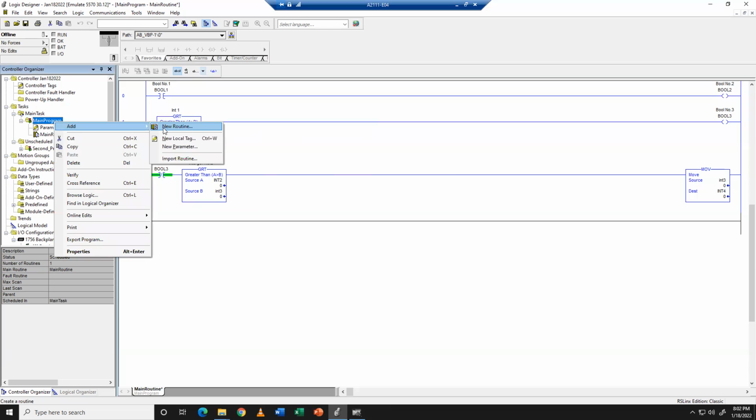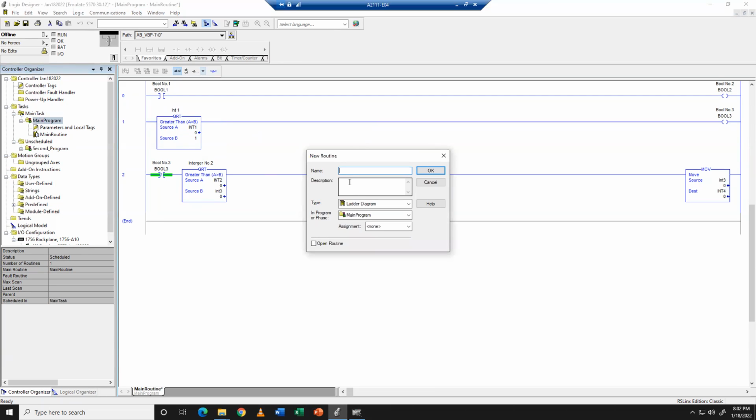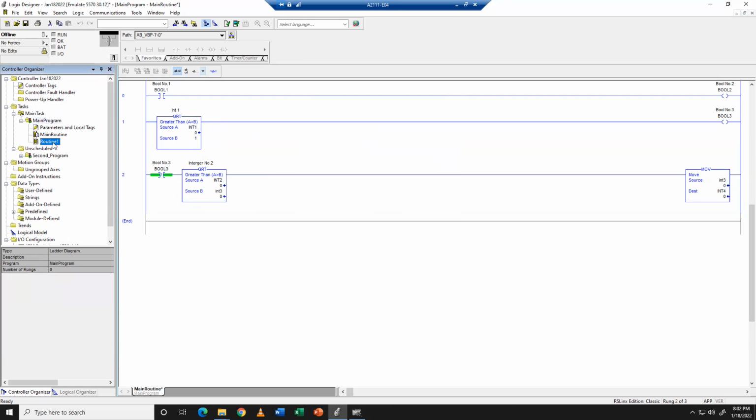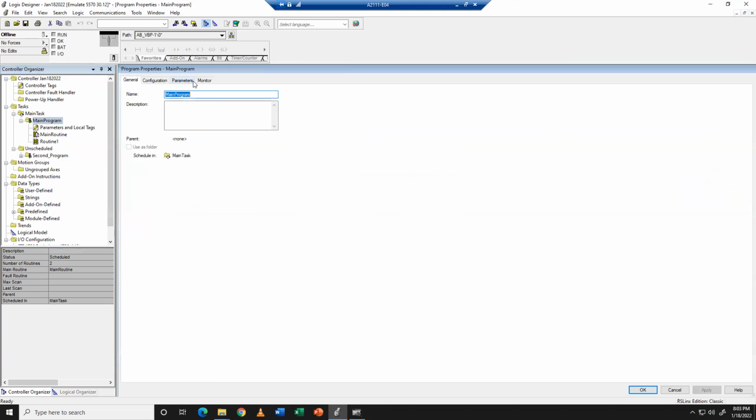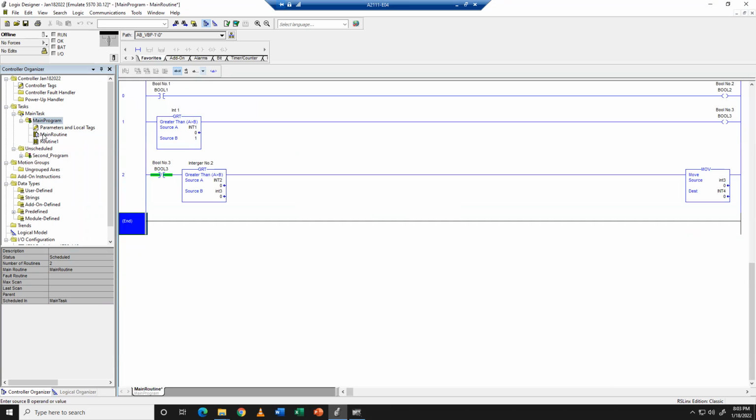You can add new routines. So we can have our routine 1. Routine 1 won't run unless you call it in your main routine. So under main program here, you'll see main. Main routine means what will run regardless of the jump to subroutines. So this main program is the only one that's guaranteed to run unless inside of your main program you add